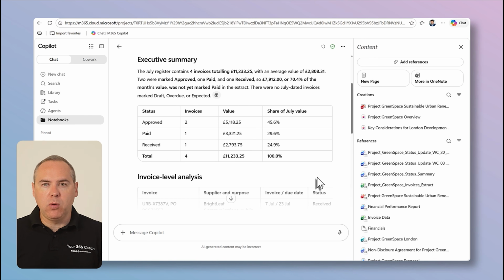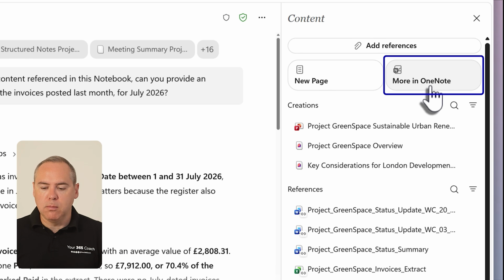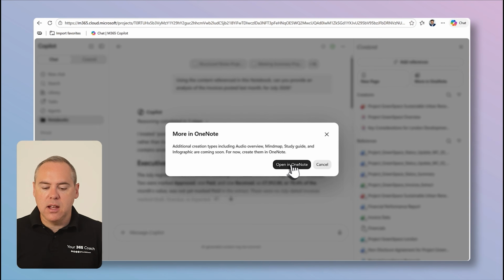Now that is a really important distinction between chat and a notebook. The context is already there, and therefore the notebook is already in a great position to answer questions, and you can continue to add more references. The big benefit is being able to share this notebook with others, so we can, where Copilot Chat is pretty limited. So in this scenario, we can go ahead and select more in OneNote to open this directly inside of